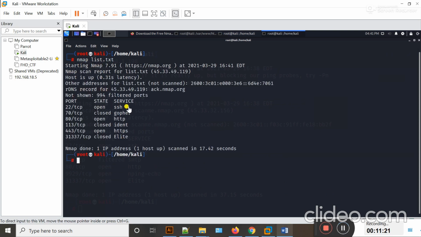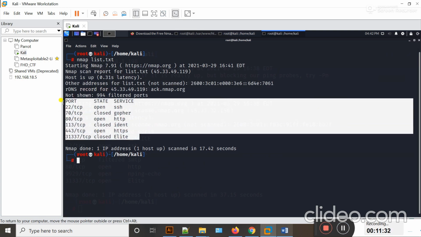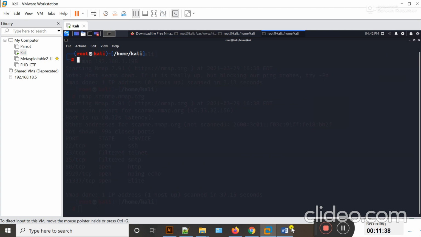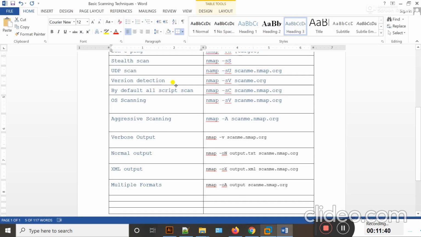Here you can see that, guys, nmap shows the result after scanning the whole list. You can see that port 22 is open and then 70 something like that. All these results are shown after scanning the list that I provided in list.txt. Okay guys, let's move to the next scan that is called